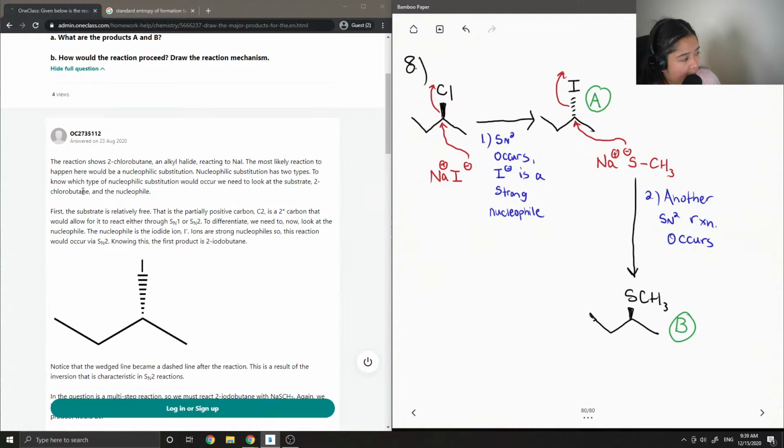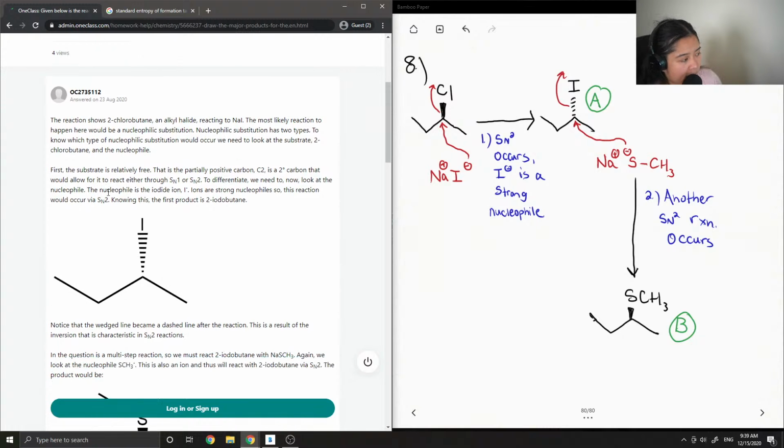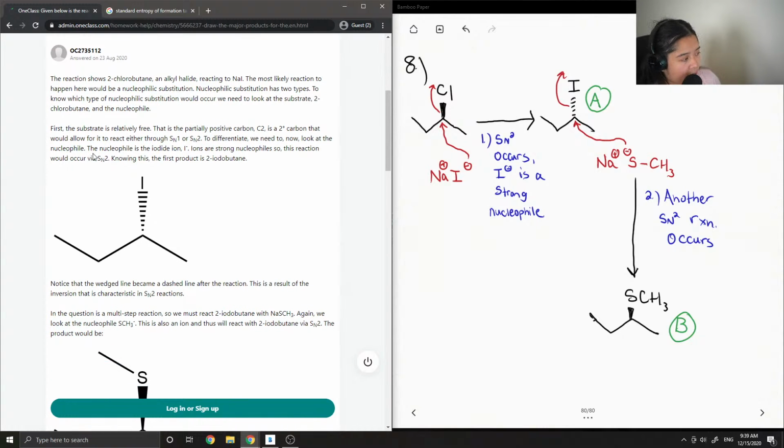To know which type of nucleophilic substitution would occur, we need to look at the substrate, 2-chlorobutane, and the nucleophile. First, the substrate is relatively free. That is, the partially positive carbon, C2, is a 2-degree carbon that would allow for it to react either through